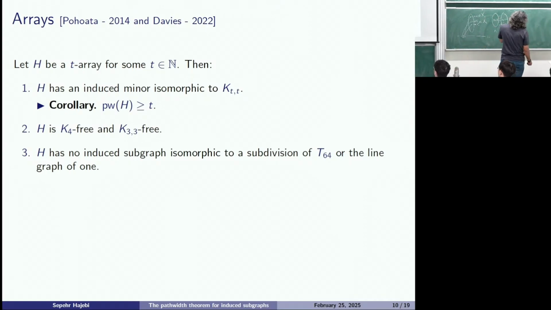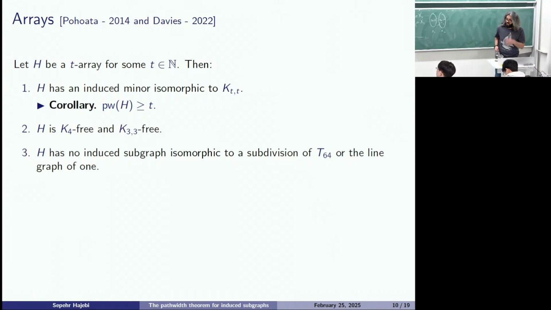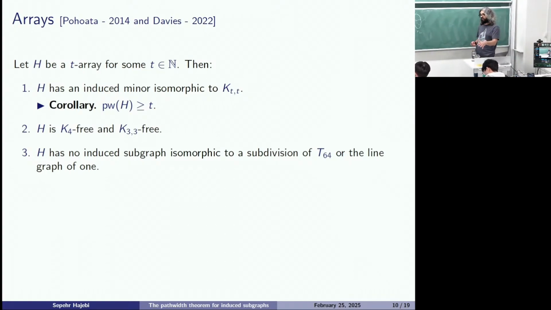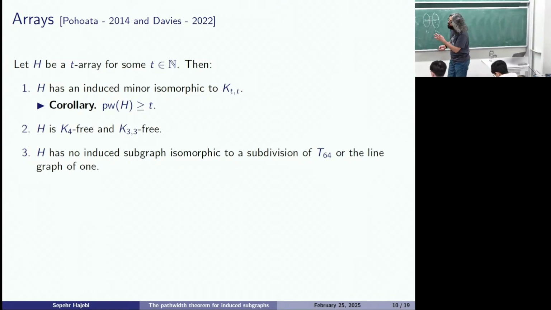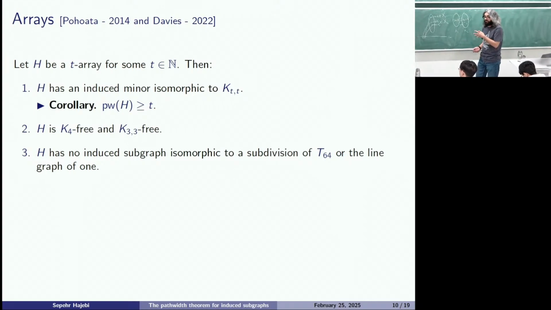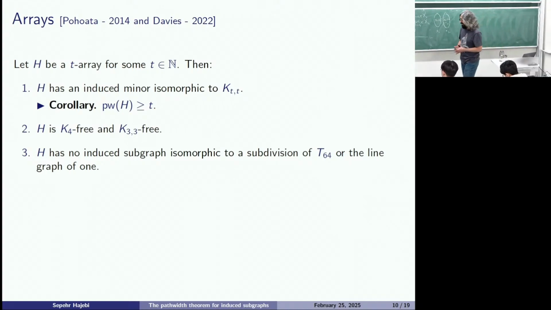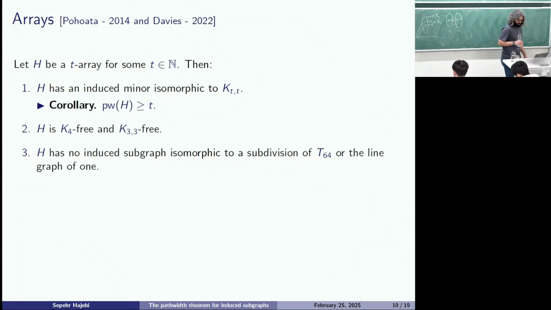And again, you do not contain induced subgraphs that are isomorphic to subdivisions of large binary trees or their line graphs. And this time you need to deal with larger radius. 64 works, and I'm not sure if it's optimal. And the proof is a little finicky. I'm not going to show you all the details of it, but